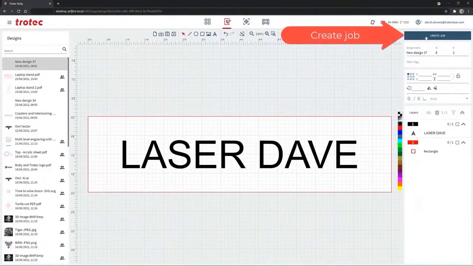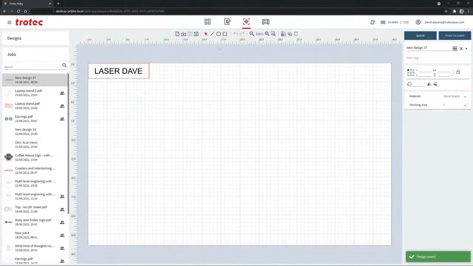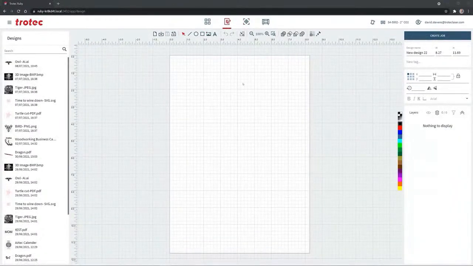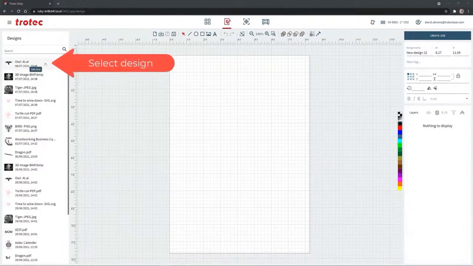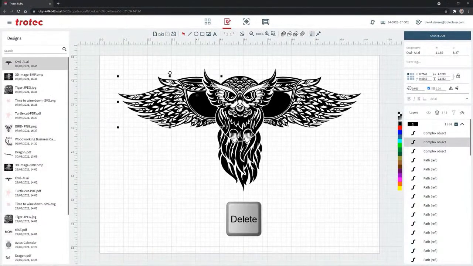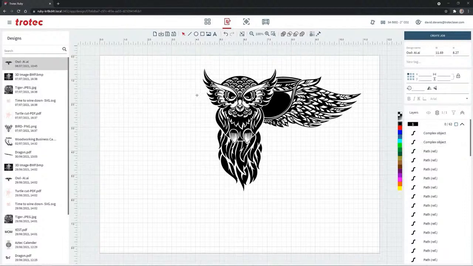Now select Create Job and move the design to the Prepare screen, ready to be laser processed. In this example, let's modify an imported Adobe Illustrator file. To start, select the file that was imported into the management screen shown on the left side. Now we can edit this file by deleting some of the elements, in this case just by clicking and deleting